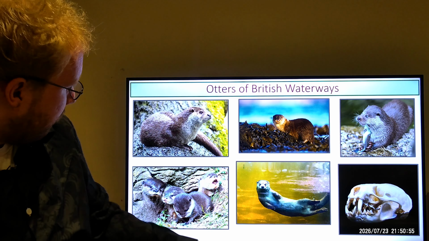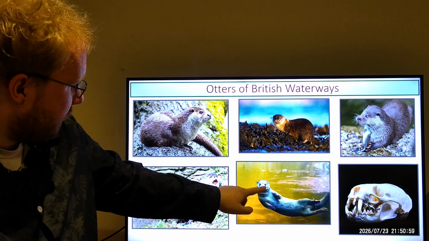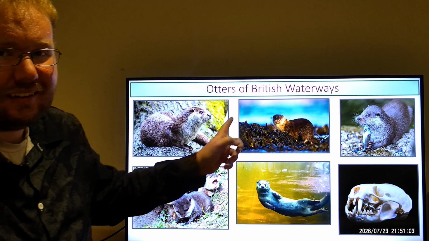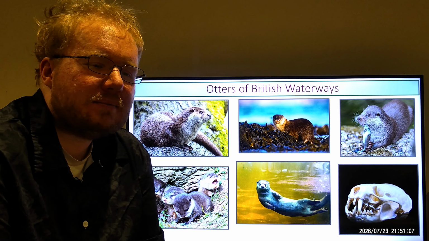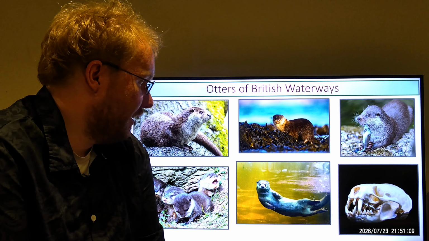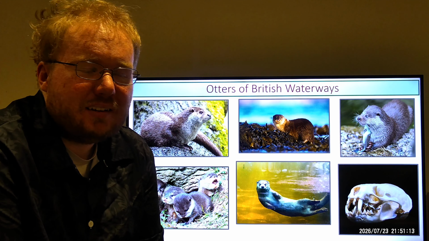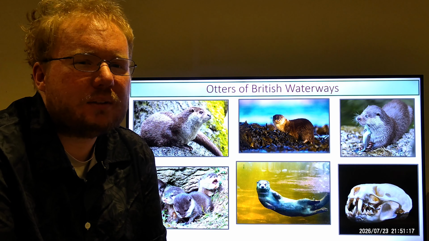And of course, as you can see, otters can go underwater. Of course, when they're underwater, they mostly use their sensitive whiskers to detect the wake of fish. And of course, I've seen these animals in the wild in Scotland, and of course, as I mentioned, I really would not advise trying